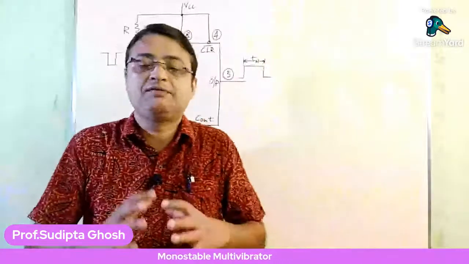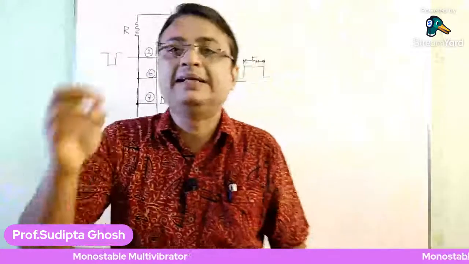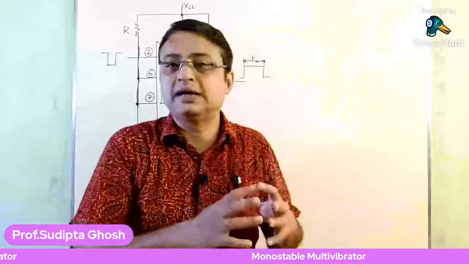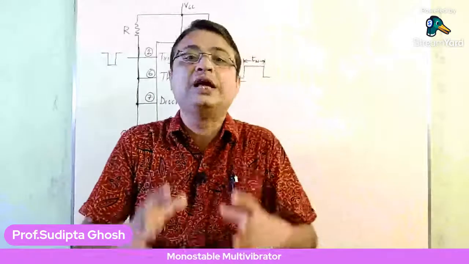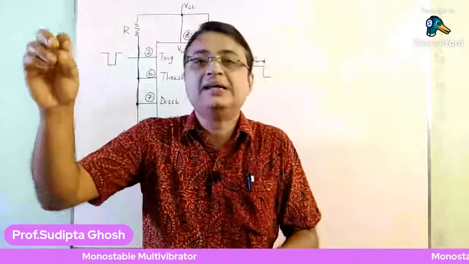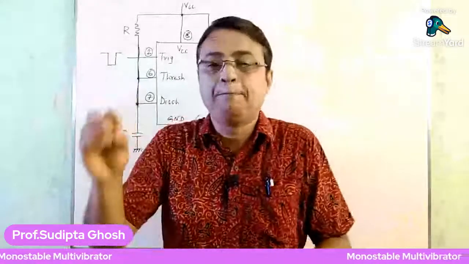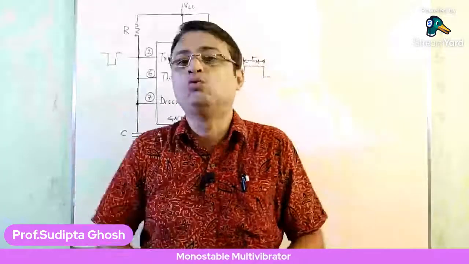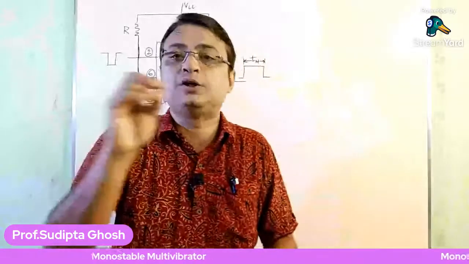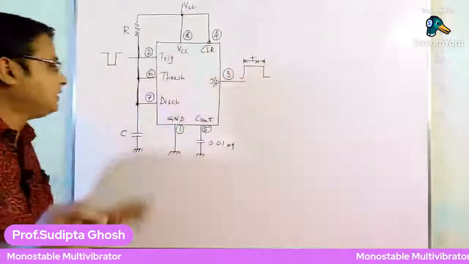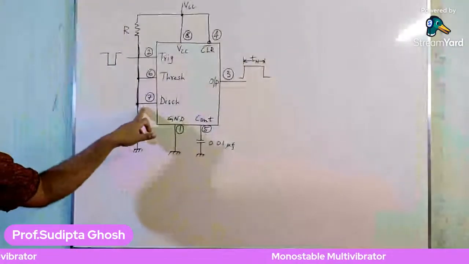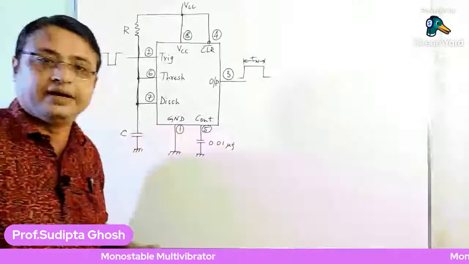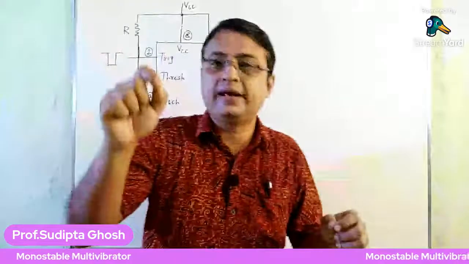Now, since Q bar equals 1, as in our previous lecture I have shown you, you may remember that this Q bar is connected to the base of the discharge transistor Q1, and the collector of the Q1 transistor is connected to pin number 7. So this is the discharge pin, that is pin number 7. Now when Q bar equals high,